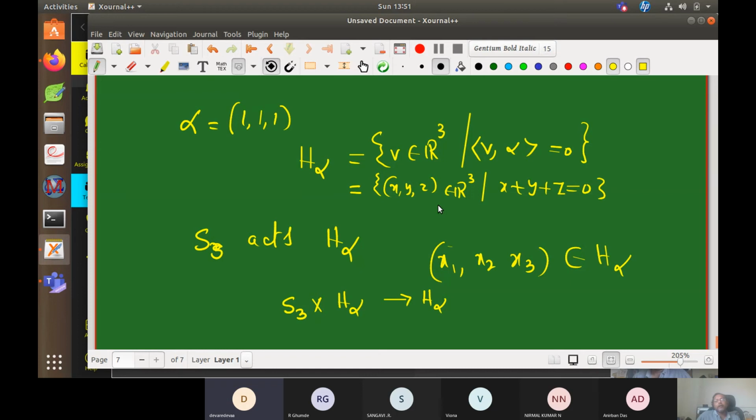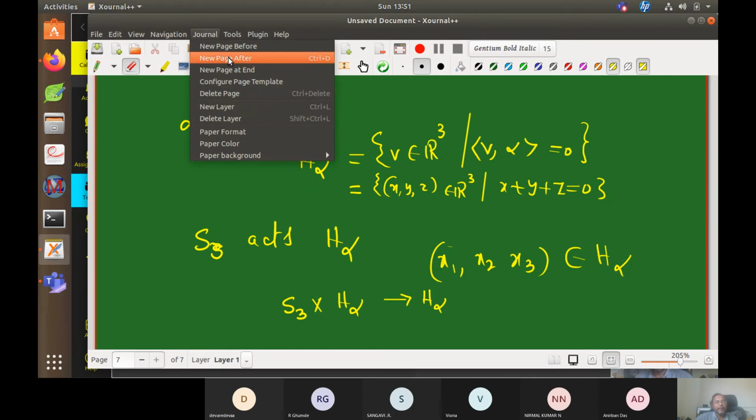Yes, sir. And your observation is that it does not fix any element actually, except only one element. Which element does it fix? 0, 0, 0. Origin. On the entire R3 there are many vectors, which is okay. So basically what I want to say is that this is another invariant space. So this is in general true. Forget about whatever we are discussing today. Okay, with that I will stop today.